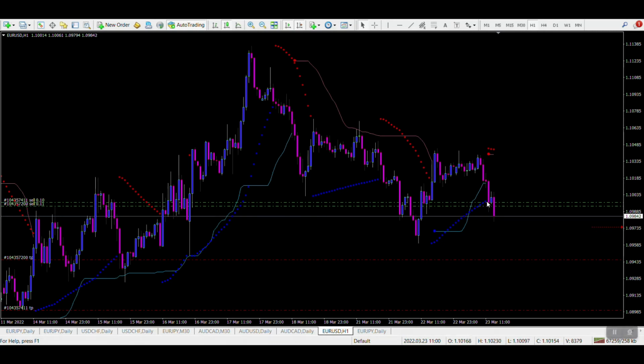Noticed here how the price is below the PSR dots and below the BB band stop on both of these, Euro 1 hour. This here,